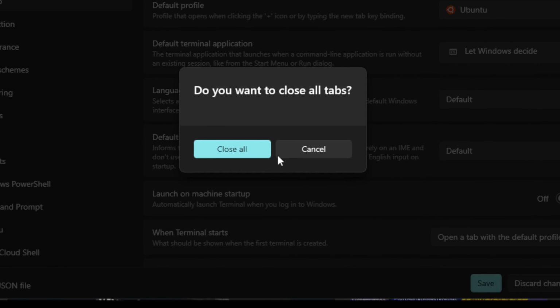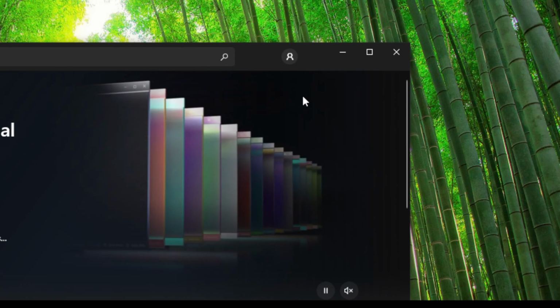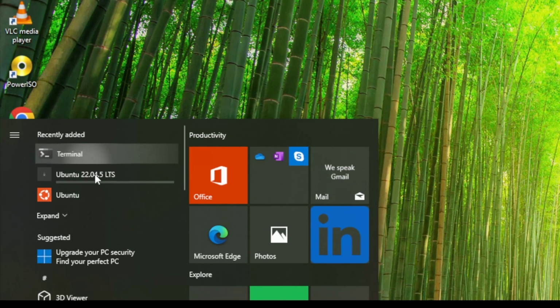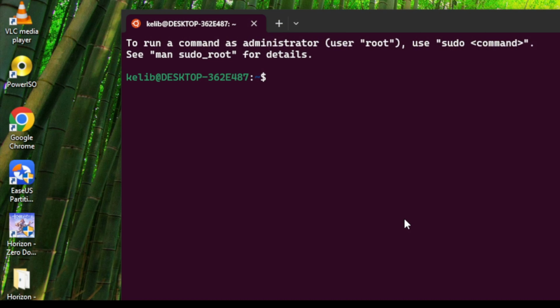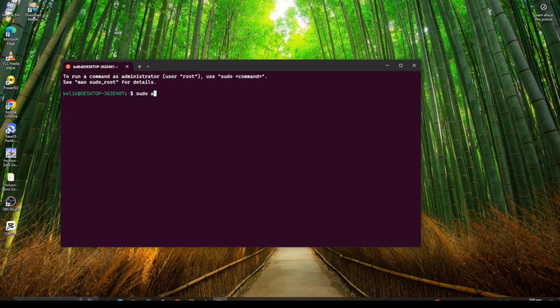So from there, close that, and we're going to run sudo apt update to install the recent updates for the Linux system. That is, if I manage to enter my password correctly,